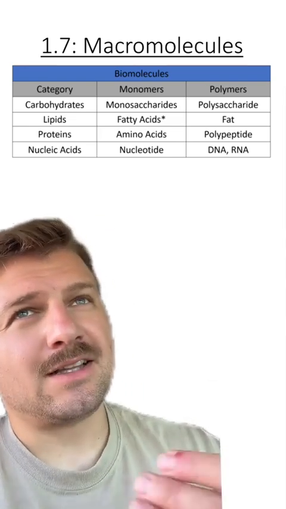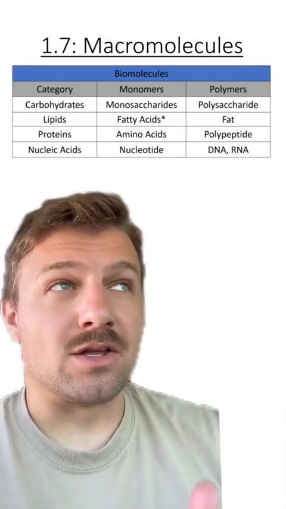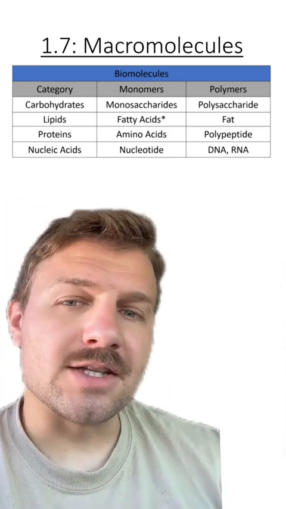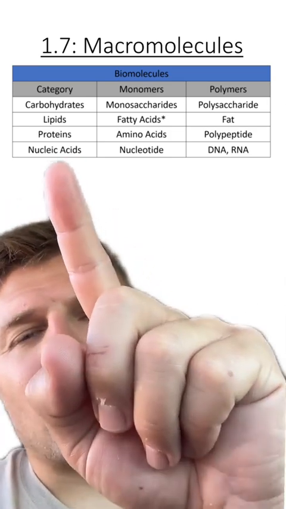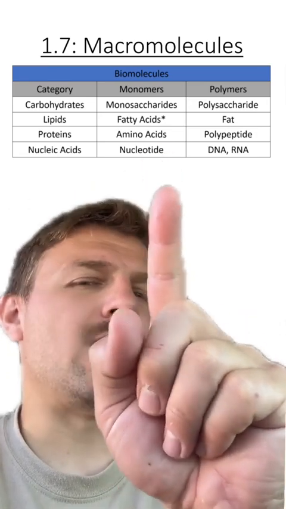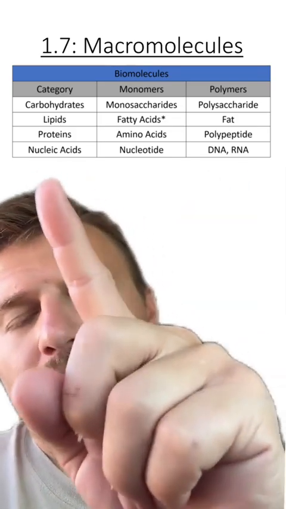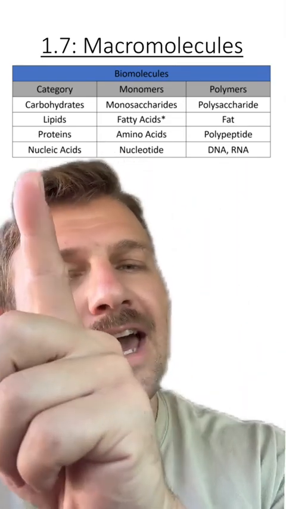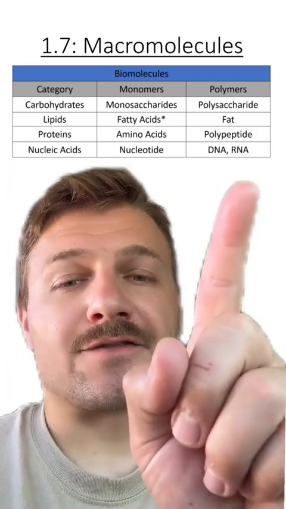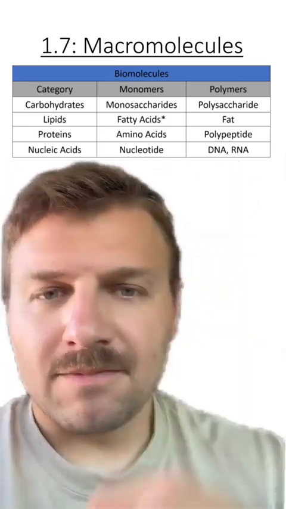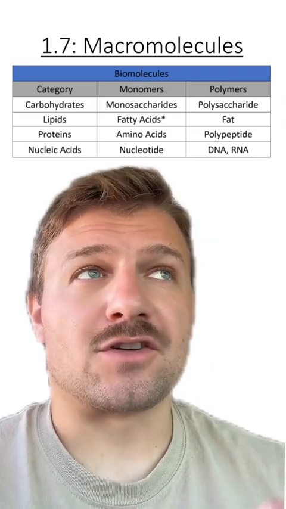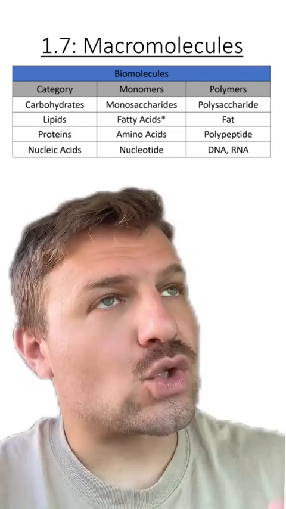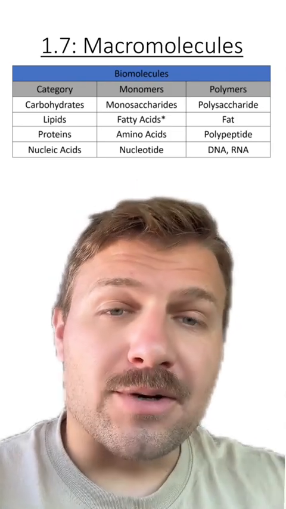So this section is basically leading into the 4 different types of macromolecules that we see in biology. These 4 different macromolecules are carbohydrates, lipids, proteins, and nucleic acids. Each of these macromolecules is going to have monomers that are going to make examples of their polymers. So each category of macromolecules is going to have different examples or different types of polymers that fall under that category. The reason they fall under that category is first by the monomer that's used to make the polymer. And second, it's by the different functional groups and different qualities of those polymers that put them into the specific groups. So basically in each group, we're going to be looking at their unique properties and why they fall in